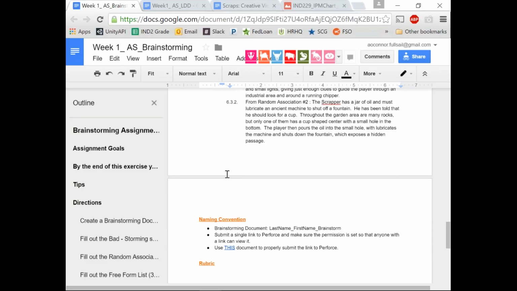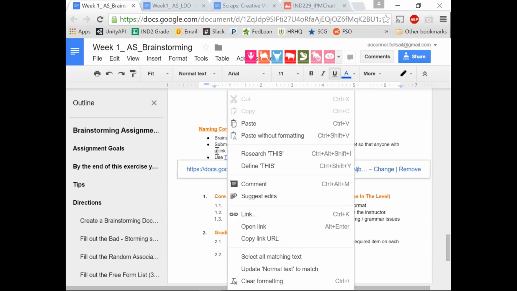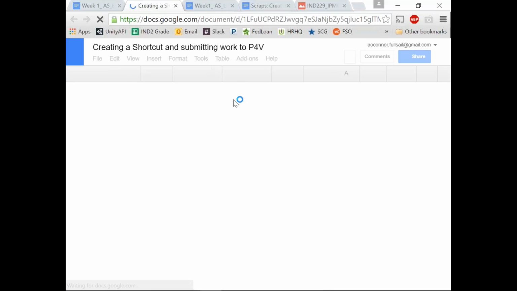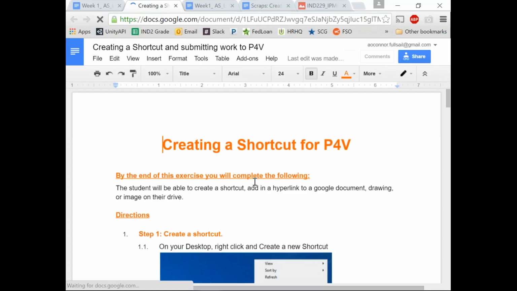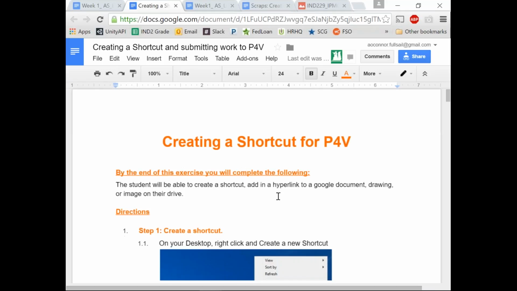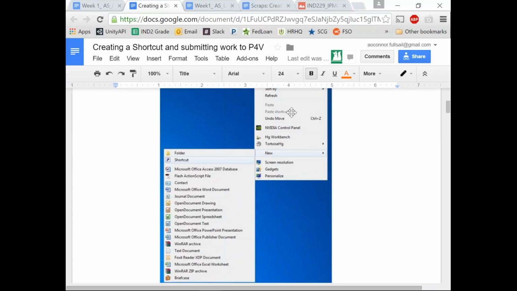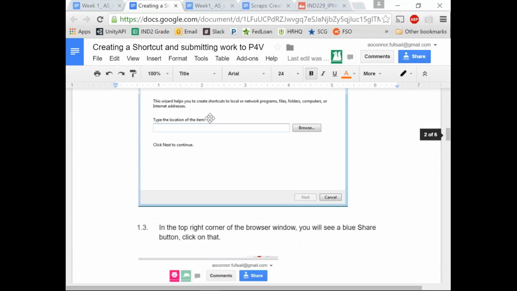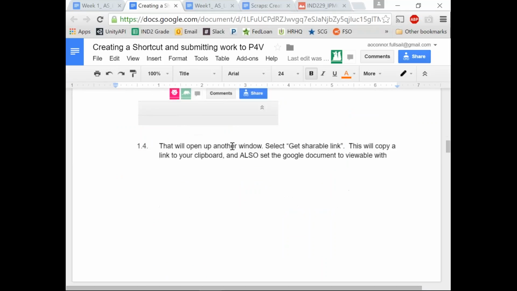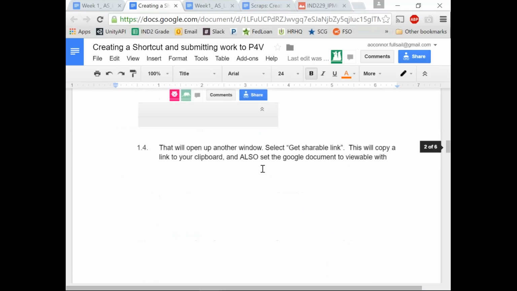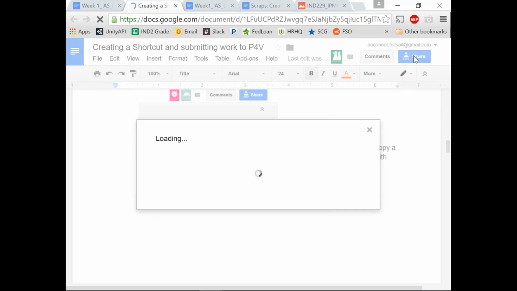All right? So once you're done with this assignment, you can use this document right here to submit it to Perforce. This is very straightforward, so if you know how to create a shortcut, you probably don't even need to look at this. All I'm doing here is showing you how to make a shortcut, and all you want to do is, where it says type the location of this item, copy and paste your link. So once you do the get shareable link, basically when you have your document,